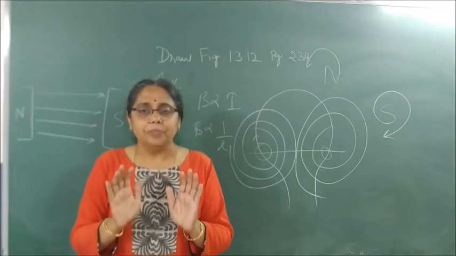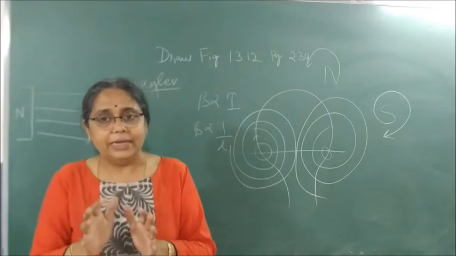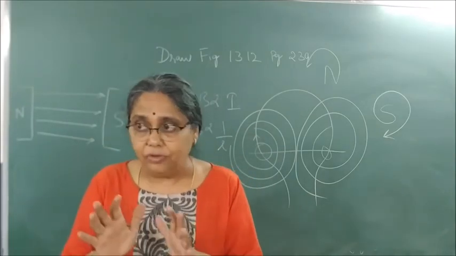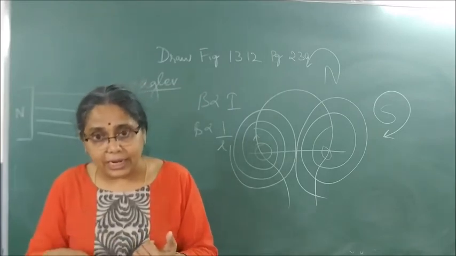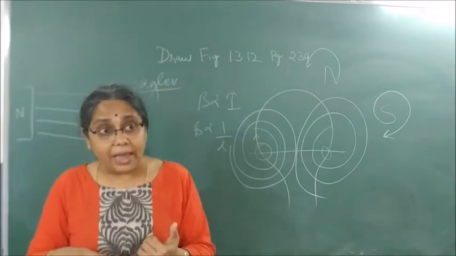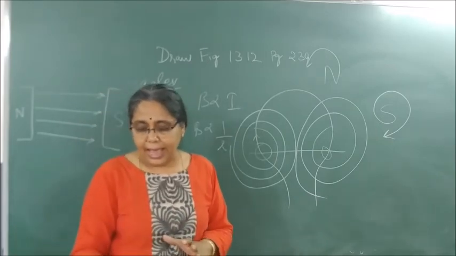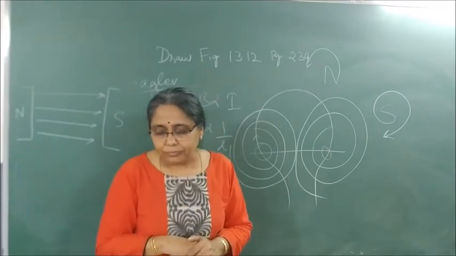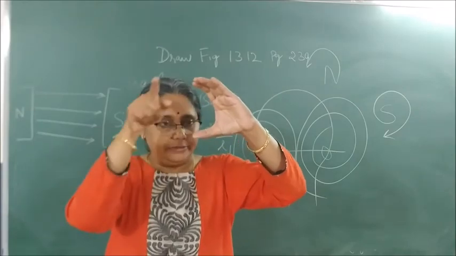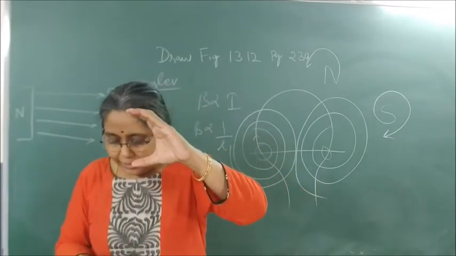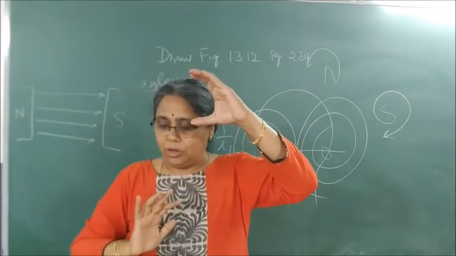So this is the principle of motor, that when a current carrying conductor is placed in a magnetic field, it experiences a force. What is the thing? When a current carrying conductor is placed in a magnetic field, it experiences a force. So what is the activity? Let us understand. You take a horseshoe magnet. This is my horseshoe magnet. Okay? And in this horseshoe magnet, I think south pole is pointing upward and north pole is pointing downward.